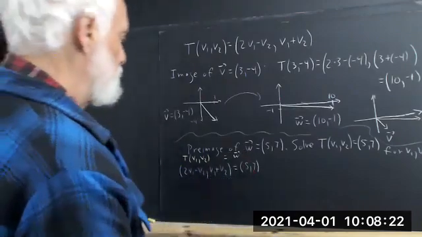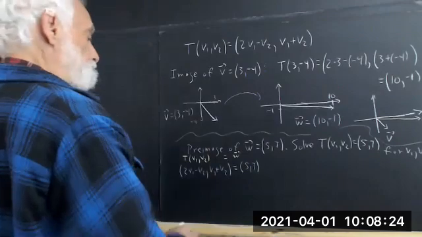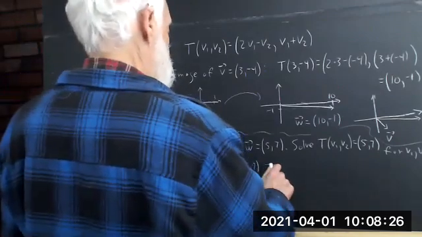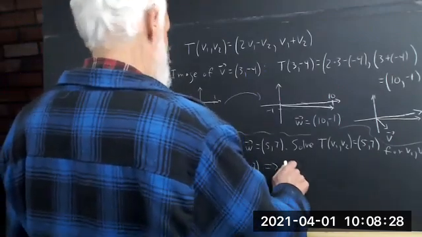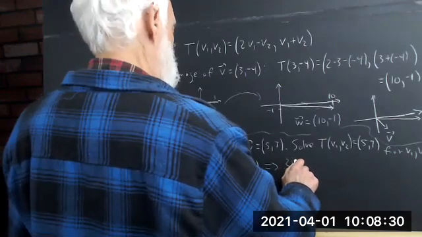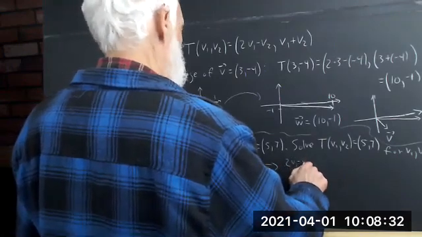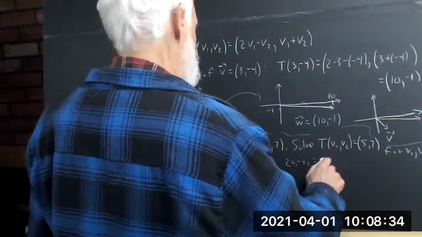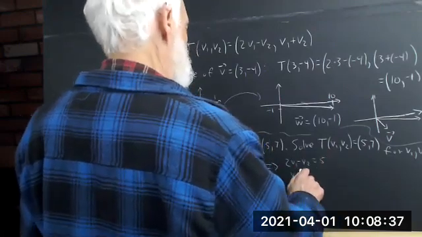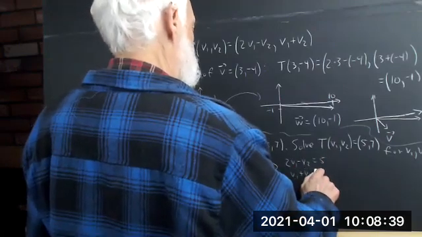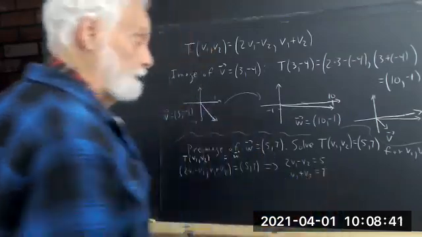So how do we solve this equation? Well, this implies that 2V1 minus V2 equals 5, and V1 plus V2 equals 7,